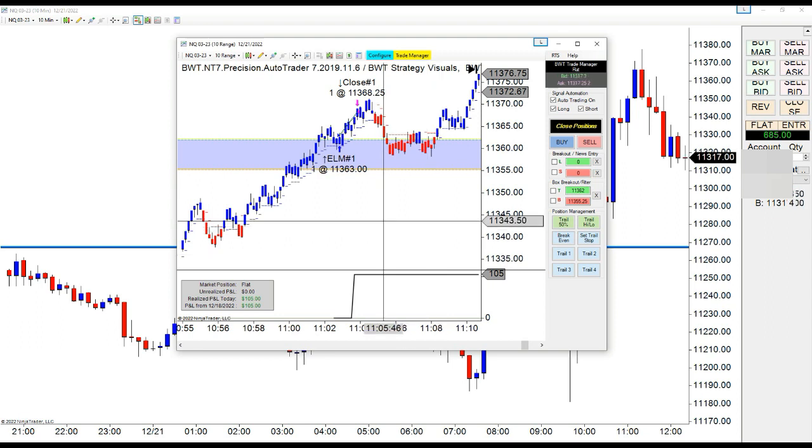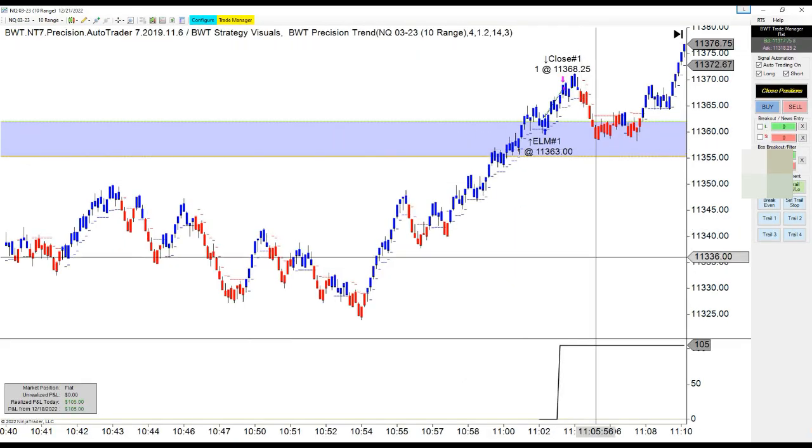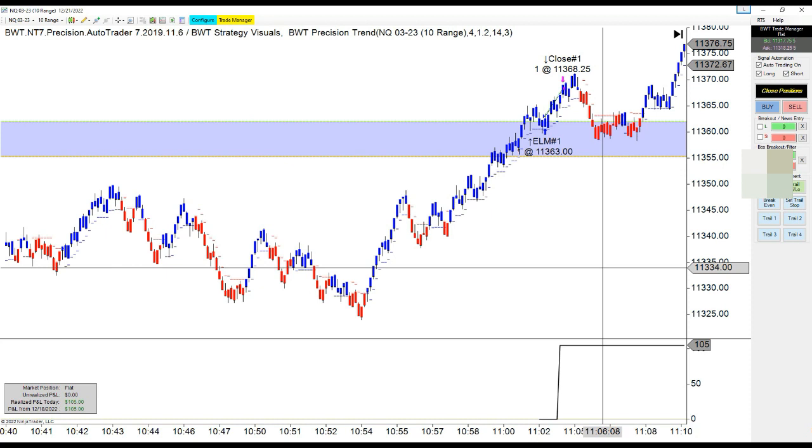I was trying to see if it was possible, kind of like what I do with the trade alerts via Telegram, to let you guys know when to draw the box and where. So I need help from you. If you own the Autotrader, and if you are struggling, or maybe you're not struggling, but